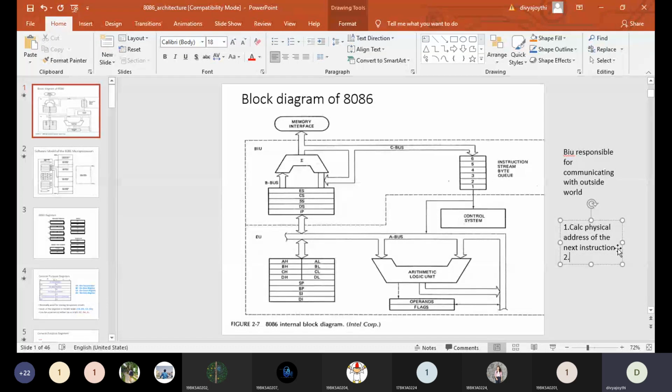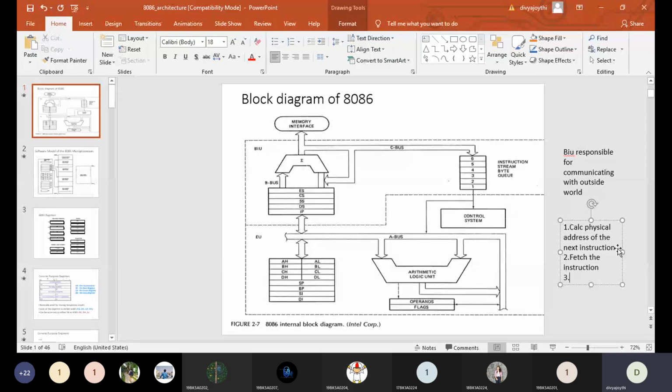Once it calculates the physical address, next it has to fetch the instruction from that calculated physical address. Consider the fourth row as a physical address. If the student knows the fourth row, he will move to the fourth row and start searching in the fourth row itself. He will find the book and fetch that book. So the second step was executed. First is calculating the physical address, next is fetching the instruction.